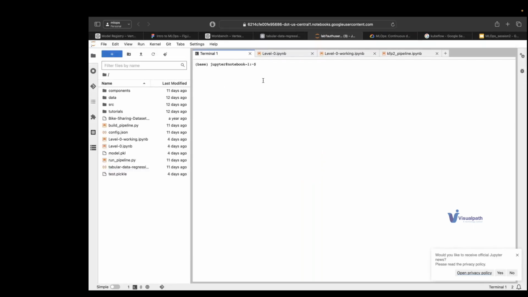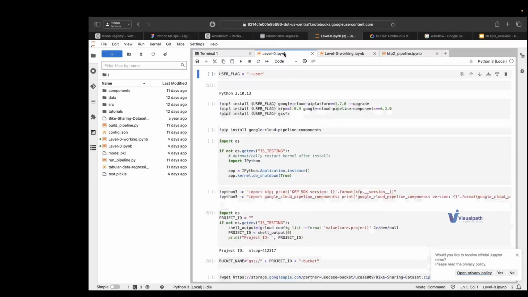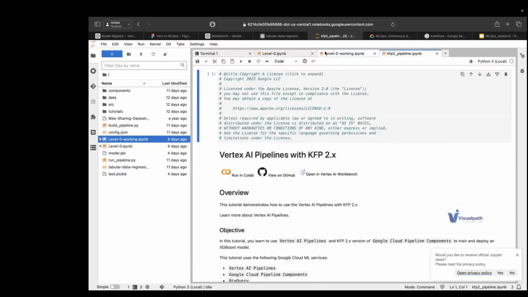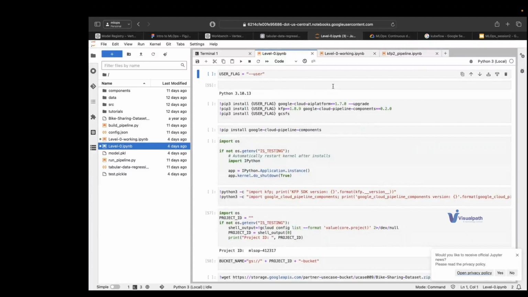This is a very typical environment that you have, and there are a bunch of notebooks for you. If you create one, you will have these two, src and tutorials. So the source folder and tutorials will be the only two folders for you. The rest of the folders I have created for the demo. Okay, and then there are some notebooks, like a level 0. I wanted to show you how the level 0 automation looks, and how level 0 working is. Then there is a KFP one. I was trying a few things here. So we'll definitely look at all these demo things, and we'll have something like this created on our own.